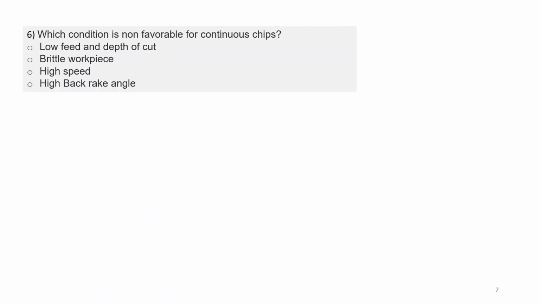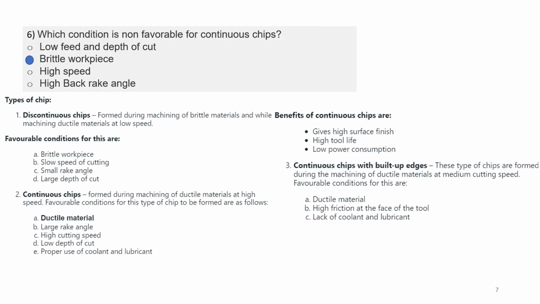In the next question, which condition is non-favorable for continuous chips? Your options are low feed and depth of cut, brittle workpiece, high speed, and high rake angle. So the answer will be brittle workpiece. In case of a brittle workpiece, it is more likely that it will form discontinuous type